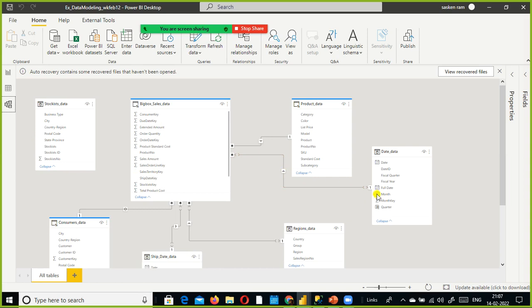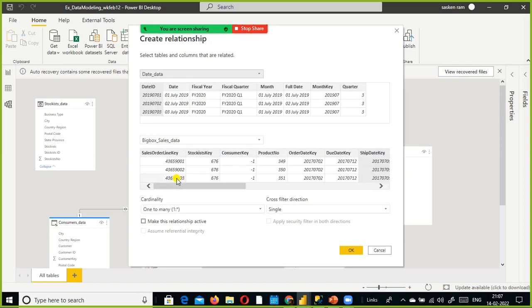In that case, I need to link up the date ID with the ship date key. Earlier we linked up the date ID with the order date key. Now I need to link these two columns, because that is my use case, the ship date key and date ID.